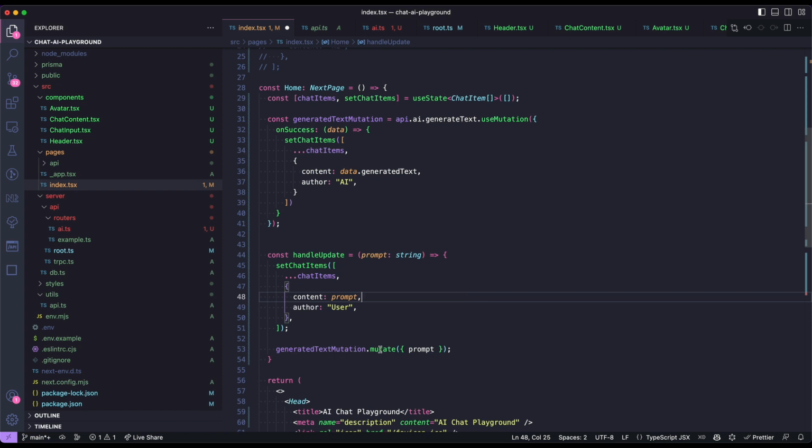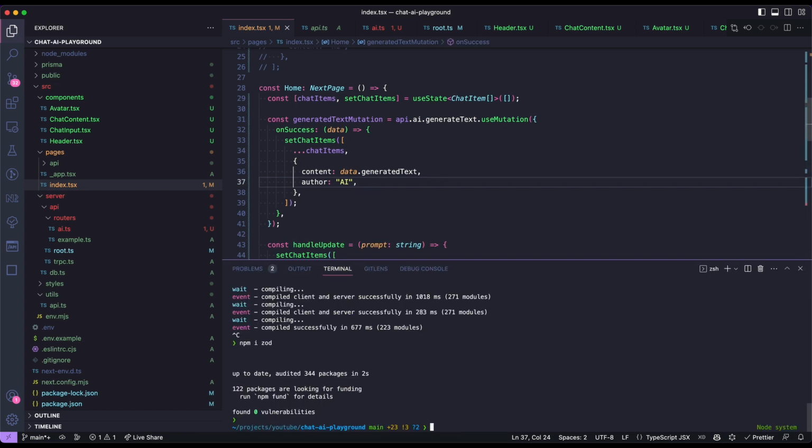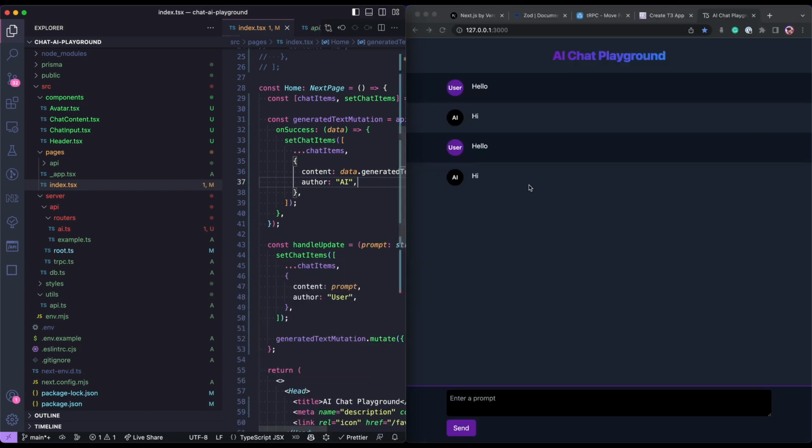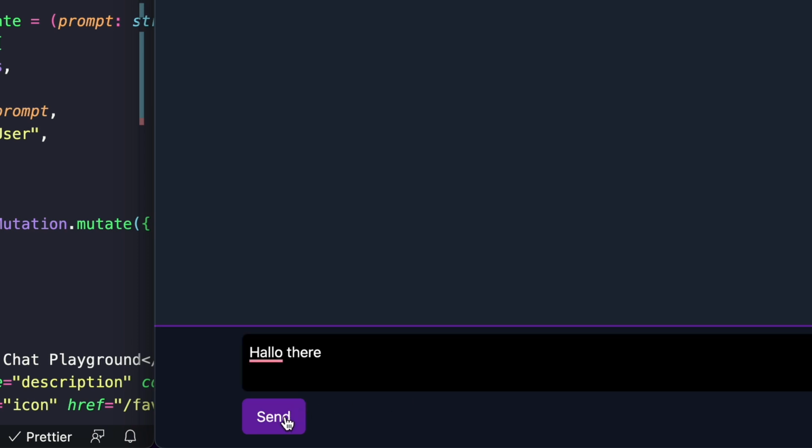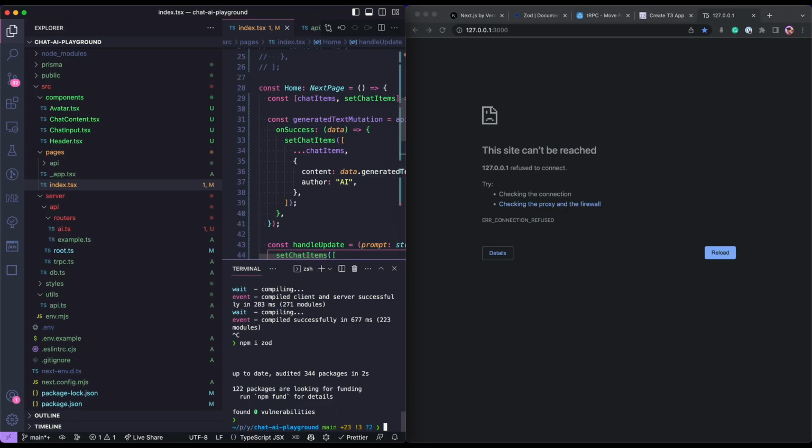So we have the mutation that will run on the handle update, sending in the prompt, and this again should allow us to consume it on success. If it worked out, it should provide a new chat item here, but this time the generated text is coming from the author AI. Okay, let's see what that looks like. Hello there. What happens if I hit enter? Does it work? Okay, let's find out later. If I press send here, nothing works. I think, yeah,